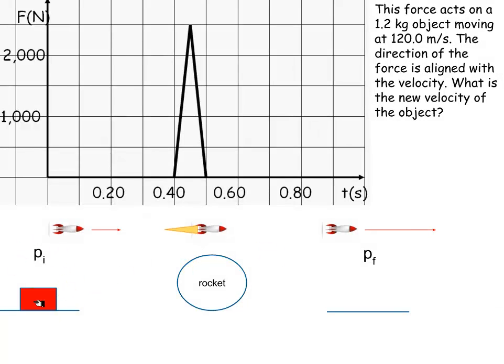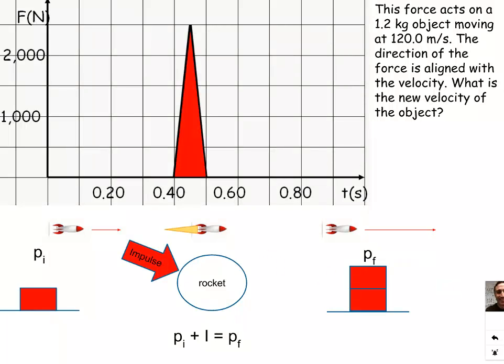All right, so at the beginning, we have a certain momentum. The rocket has a mass. It's moving with a certain velocity, so this represents the initial momentum. Then an impulse acts upon the rocket. After the impulse acts upon the rocket, it now has a greater velocity and therefore a greater momentum. So the equation we would use is the initial momentum, P sub I, plus the impulse equals the final momentum. Now the question is, how do we go about finding